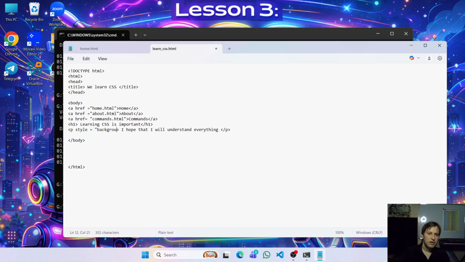Background is the color of the background of our element. P is our element here, paragraph, and the color will be yellow, right? I think yellow is okay. Here semicolon,